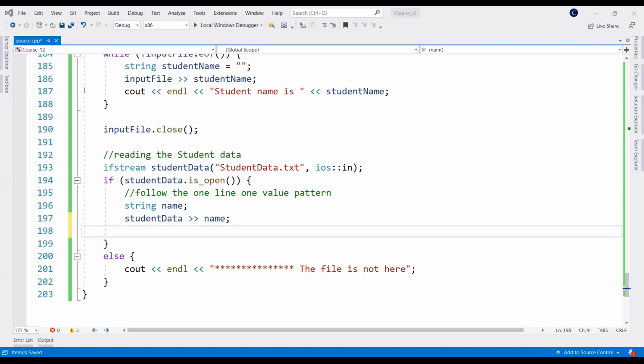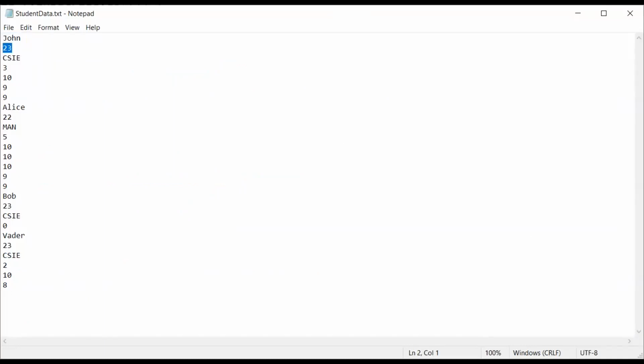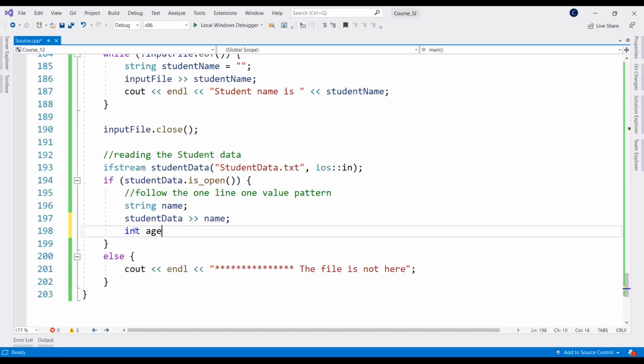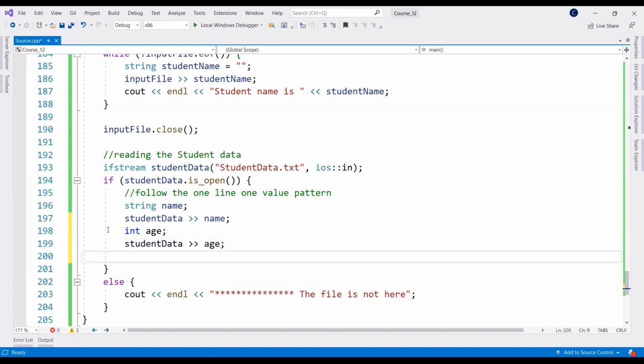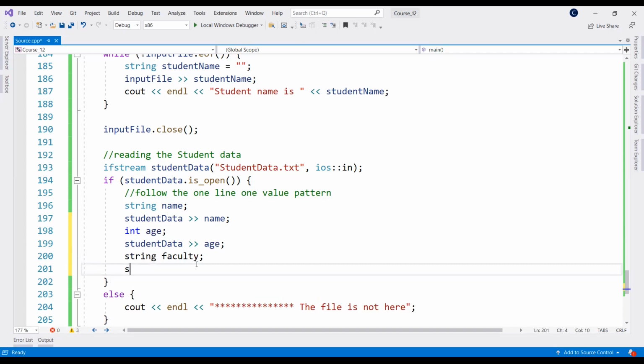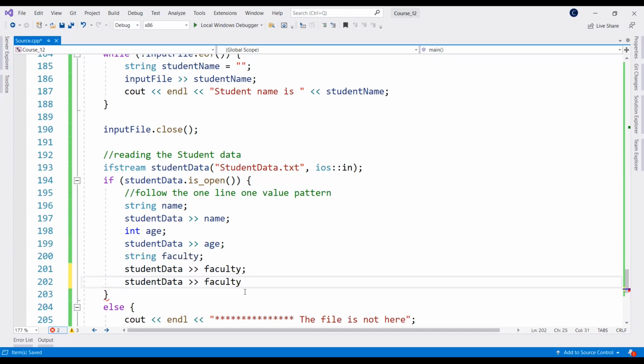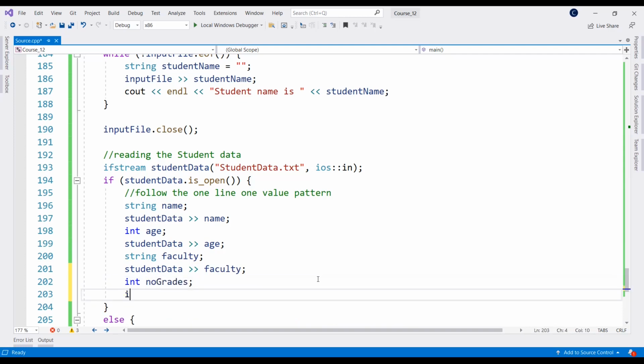So you know that here you have the name, and after that you have the age, and here you have the faculty. So int age, student data age. Now we know this is doing also the conversion. And after that, I have string faculty, student data faculty. Okay. And now I know that the next value, the next line is representing the number of grades. So student data,